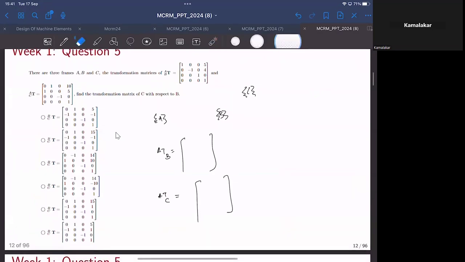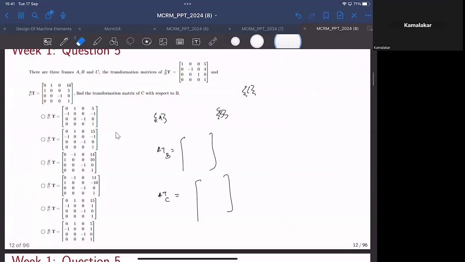You are asked to find out the transformation matrix of C with respect to B. This is what you are asked to find out. And if you know this transformation, A transformation multiplied by B transformation with respect to C would give you the transformation of C